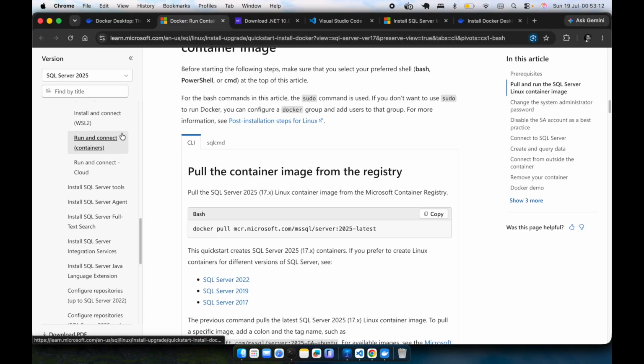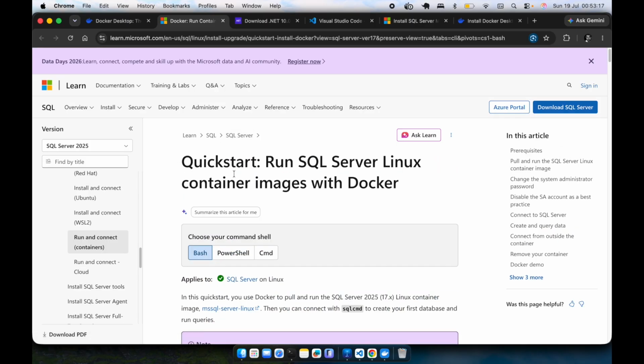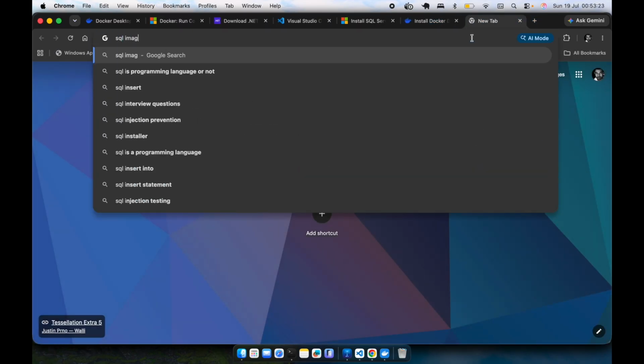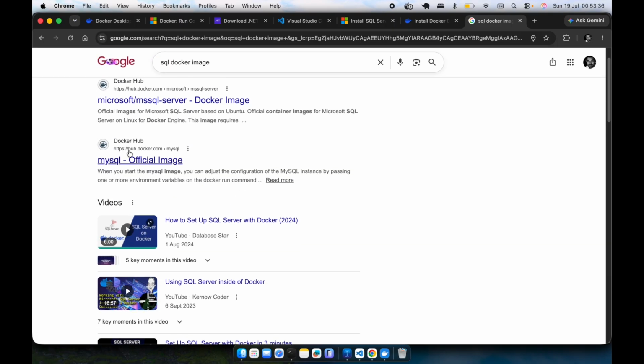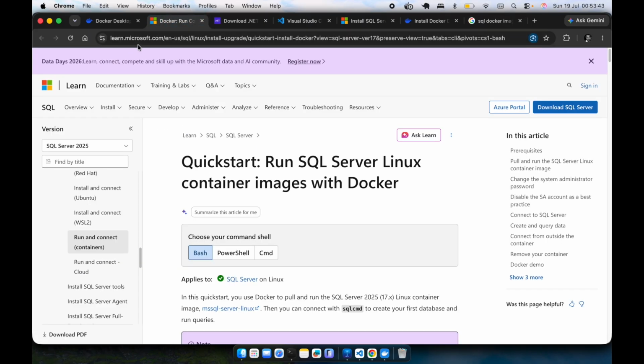You just need to search in the browser for the SQL Docker image, and you can get it from Docker Hub, also from this link which I was sharing over here,